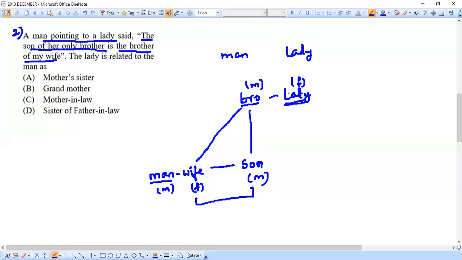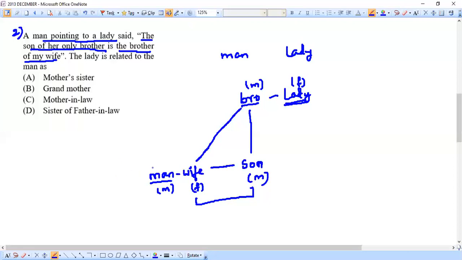Now this man's sister is what is this lady. Now we try to construct the entire thing. This man's wife's father's sister. Okay, right? So this is going to be the relation between this man and this lady. So once again, I repeat, this man, his wife, wife's father, and this father's sister is what this man is referring to. Is the point clear?